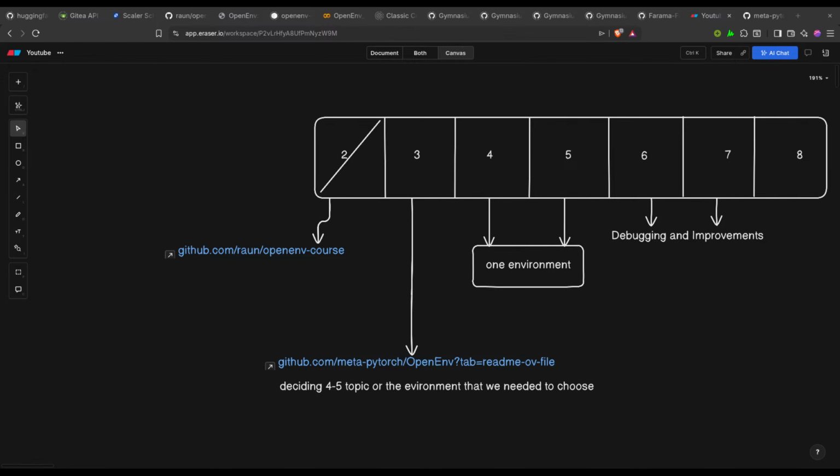Okay, I chose email. Then I saw in the spec that it is trying to take one environment, and in that environment they describe three different tasks. So I thought, why is it like this? Initially I was telling the AI that it was wrong, but I was the one who was wrong. I was telling it that no, you have to create three different environments, and right now I'm creating the first environment, and you need to perform all these tasks. But that is not how it is.